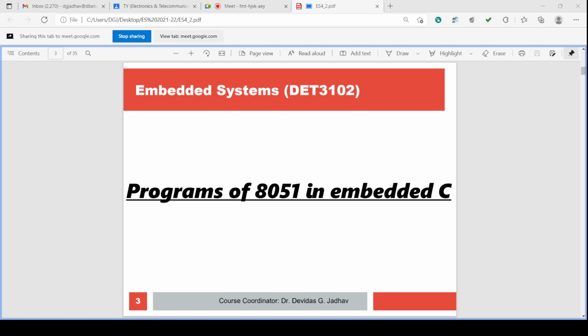So we are going to see some of the programs of 8051 in embedded C, and last time we executed the program in ASM. So now in this subject you are going to execute the same programs, similar programs, or any other programs in embedded C, and you can go for your minor projects also, your major projects also on the 8051 kit.